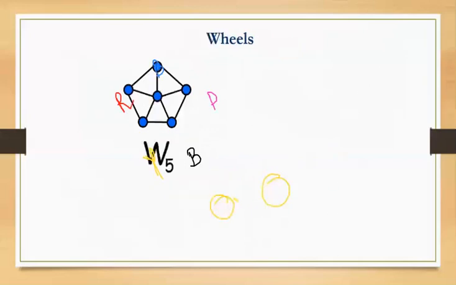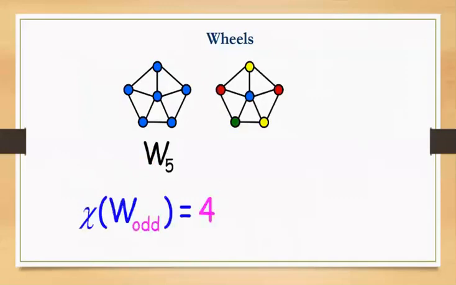similarly for wheels, you can try to find it out by yourself. I am just displaying the answers. Now that you have understood the concept, try to find the chromatic number of a wheel. If the wheel is W5, you have 6 vertices, but you will represent it by W5. We don't take the inner vertex. Then your number of colors will be 4, and when it is even, the number of colors will be 3. So take a wheel with an even number of vertices and an odd number of vertices, and try to find it by yourself.